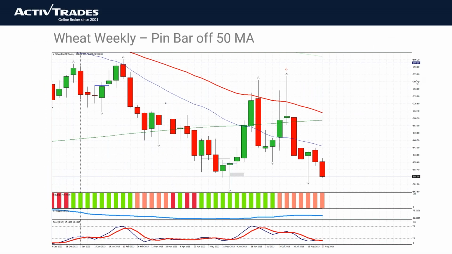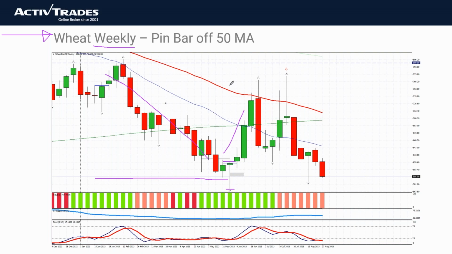So I've got a few examples here. They're quite big examples because I wanted to show different examples on different time frames. What we have here is something a bit different. This is wheat, and this is the weekly chart from this year. You can probably see we've been in quite a strong downtrend for a few months, and that downtrend was ended by a bullish pin bar there. You can see it stands out very clearly. Some people will have happily traded that as an end of trend, and as you can see, yes, it did